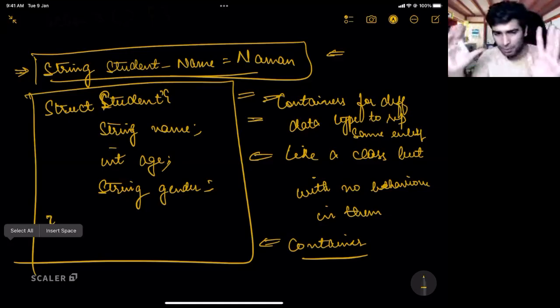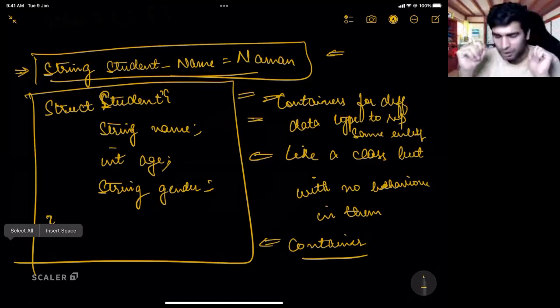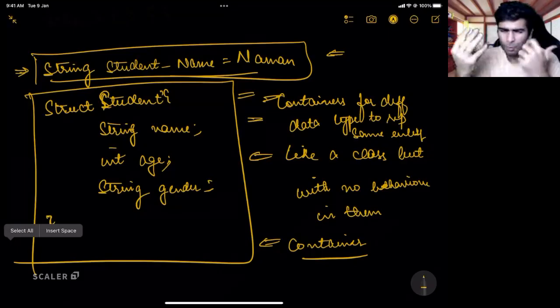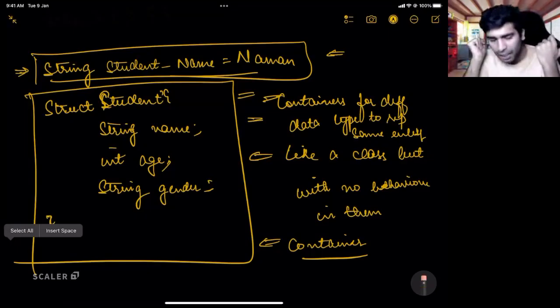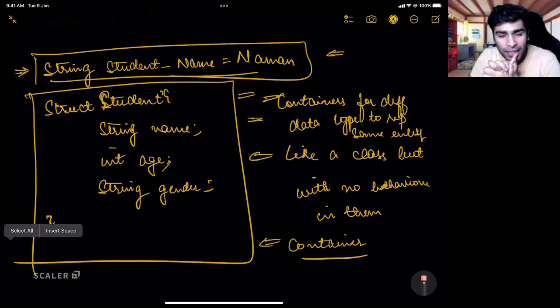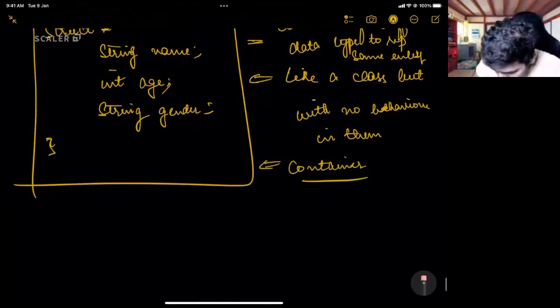In a procedural programming language, if I want student to do something, how will I do that? If I want to perform some action on student, let us say I want to increase the age of a student, how will I do that? I will have a separate method. So I will probably have a method called increase student age.